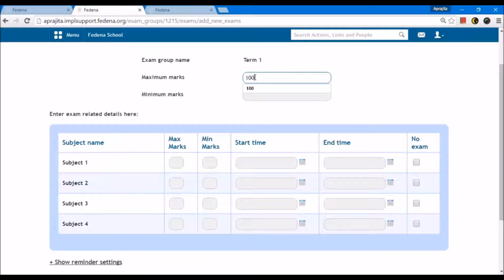I will give the maximum marks for term 1, 100 for each subject, minimum as 0. You can also change it for a particular subject if you want to, and accordingly the percentage will change.